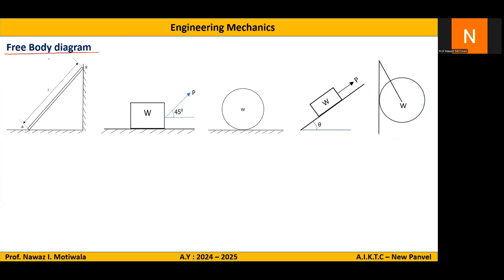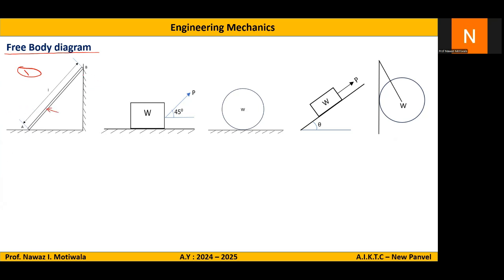So let us first try to understand what do you mean by free body diagram and how to draw free body diagram. What are the forces to be shown under the free body diagram? The first thing is what do you mean by a free body diagram? So basically, free body diagram is when you draw a body relieving or removing all the supports from which it is supported. For example, let us say in this figure number 1, this particular ladder